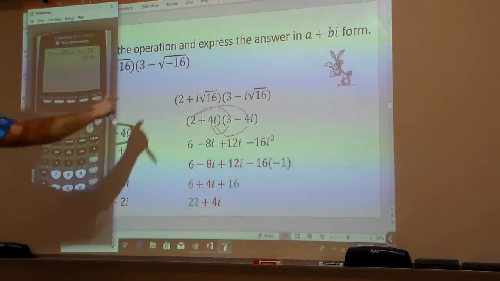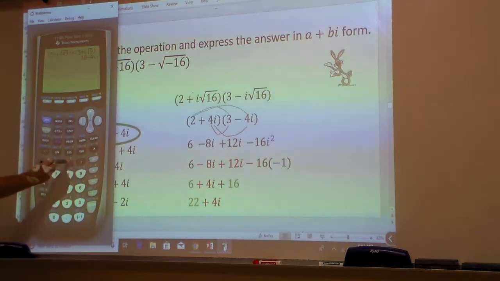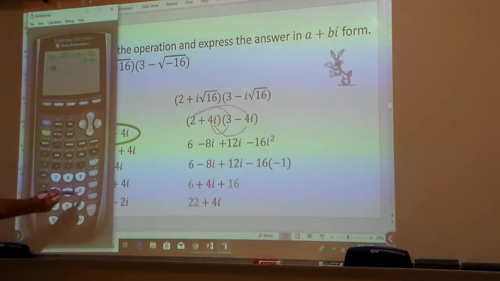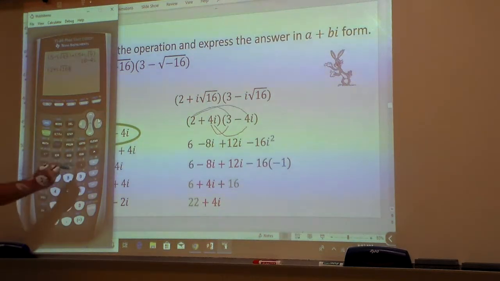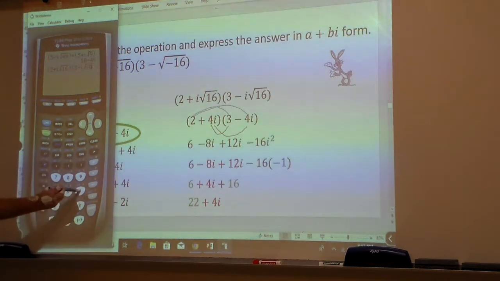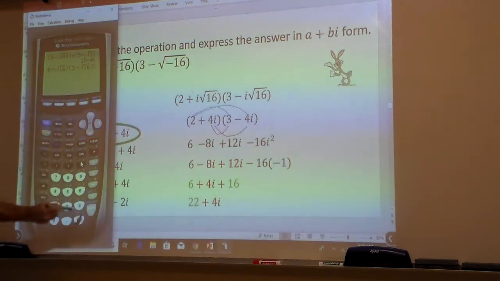And once again, I cannot type in the -16, it will not work. But once I get the i out, I can do this here. So let's put my parentheses. Okay, you definitely need the parentheses on this one. All right, parentheses. 2 plus, and I'm going to do that second i, and I can do second square root 16, make sure to arrow out, parentheses close, parentheses open a new one, 3 minus second i, second square root 16, make sure to arrow out, close the parentheses, oops, I don't have parentheses there, I've got it set up,